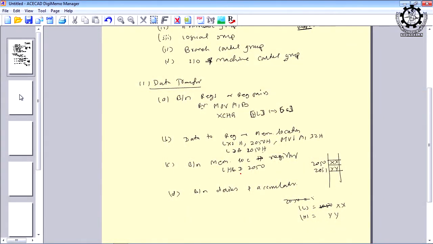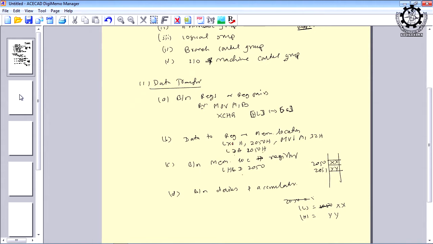Now, HL is loaded with 2050 content and 2051 content, not 2050, because 2050 is a 16-bit address and it cannot be loaded into an 8-bit register. So, its content will be loaded. So, we can say load HL register pair with the content of the memory locations whose addresses are 2050 and 2051. This is how we understand how LHLD is different from LDA and from LXI.